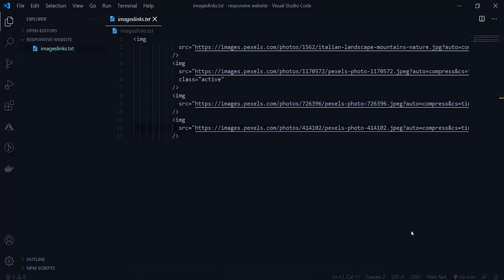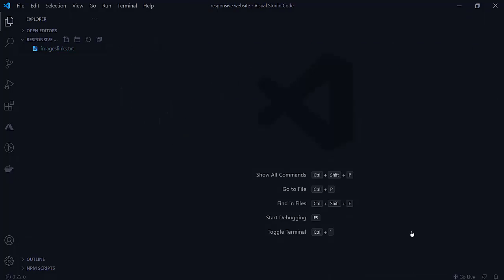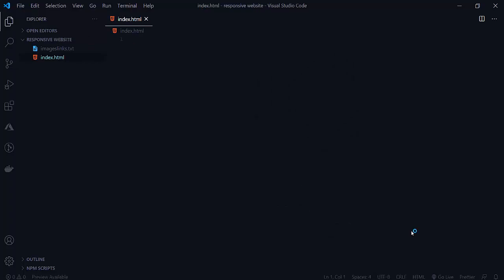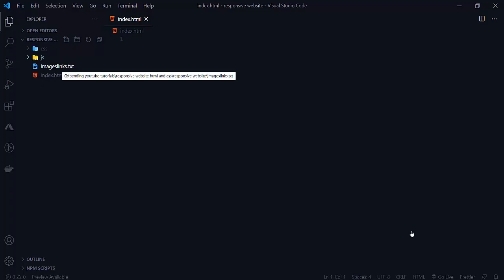So let's start creating some folders here. First of all, let's create our main file. The main file will be index.html, that will be our homepage. Index.html is here, and then we need CSS, so we will create a folder for our CSS, and here we also need a JavaScript folder, outside, there will be our JavaScript folder.